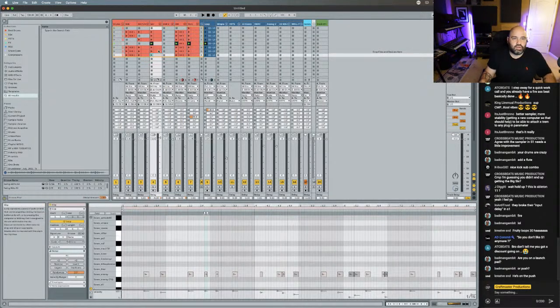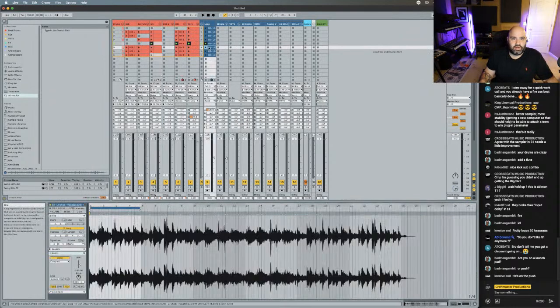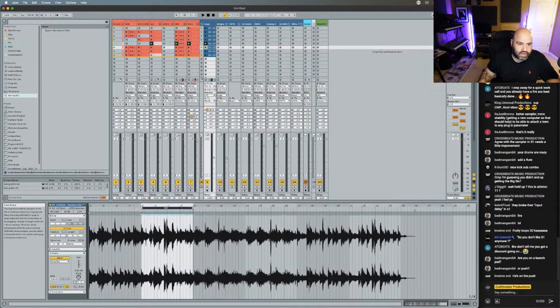Boom. Already got 7 unique patterns. For the new melody, all I got to do is find another spot in my loop. Ableton Live is just going to let me do that. Easy.